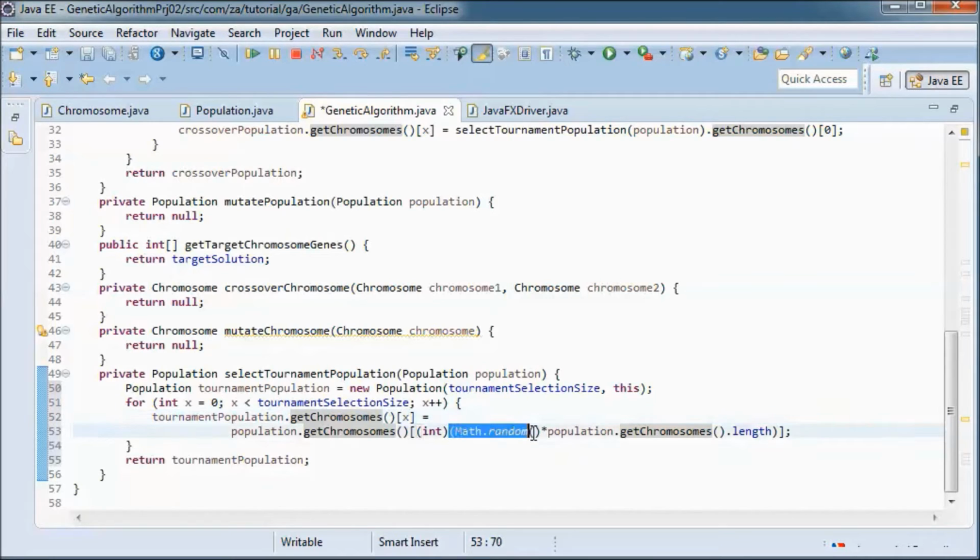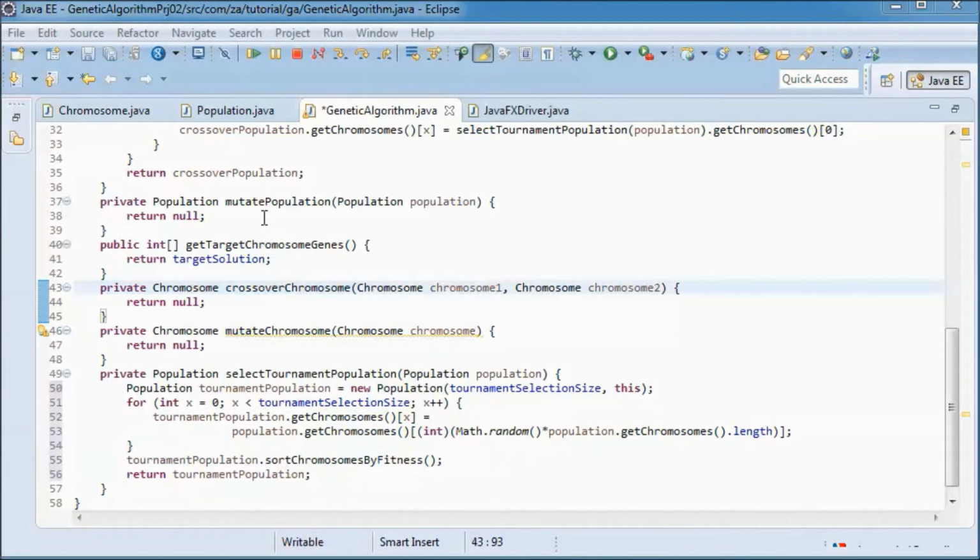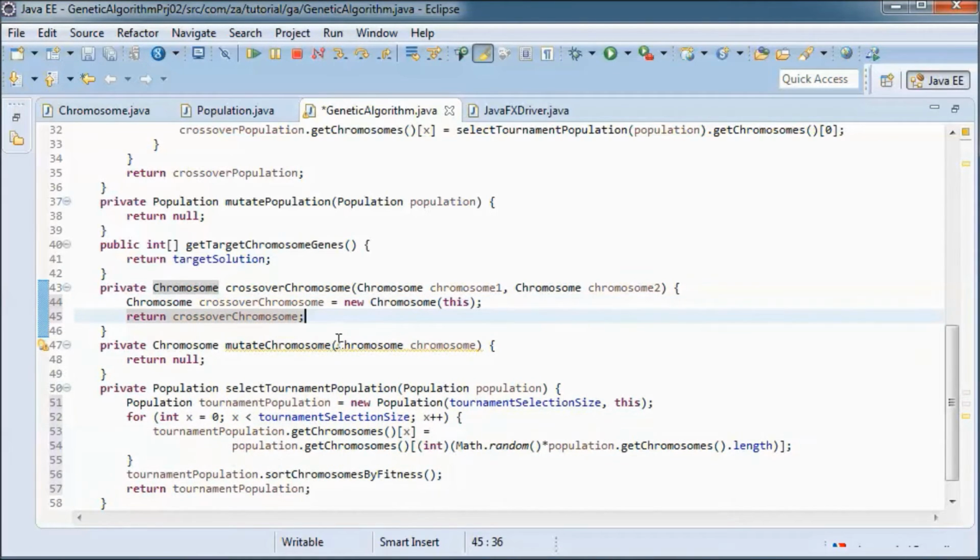So Math.random times population.getChromosomes.length. And before returning this, we will call the sort chromosomes by fitness. And here we will instantiate a new chromosome and return it.